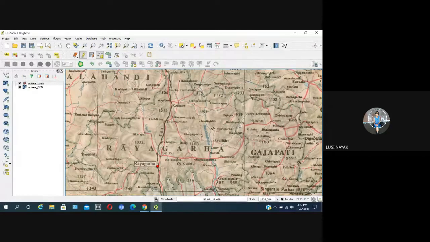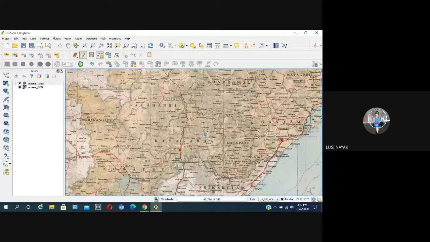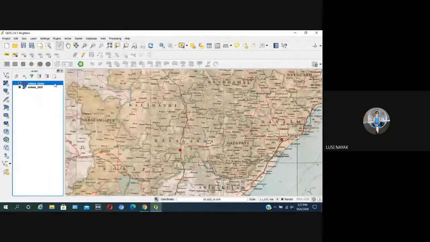Yes. To add these points, simply take the add feature tool, as she has told you, and click on the point. The point will be added. After toggle editing, Kamalakant Saul, yes, after toggle editing, go to the add feature tool. It is just on the right side of the toggle editing button.